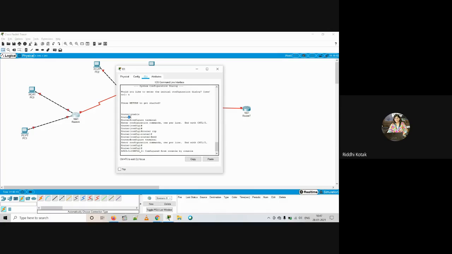And once you write configure terminal, over here it will be router and then config. Remaining protocols and functionality we will do later, but this is the basic step we will follow every time to configure the router.